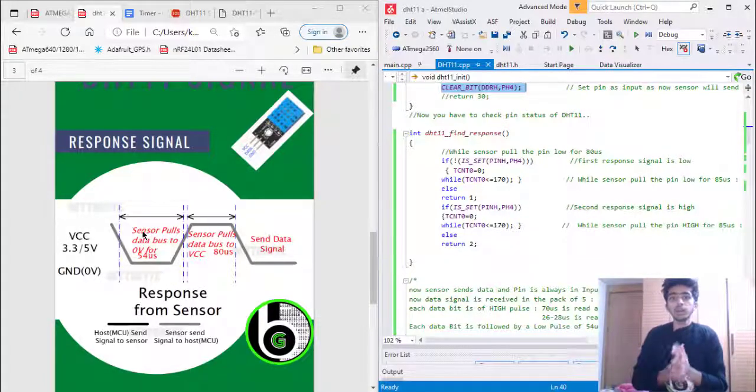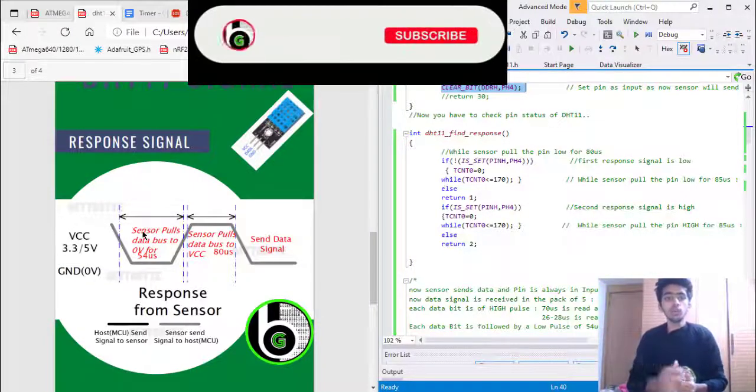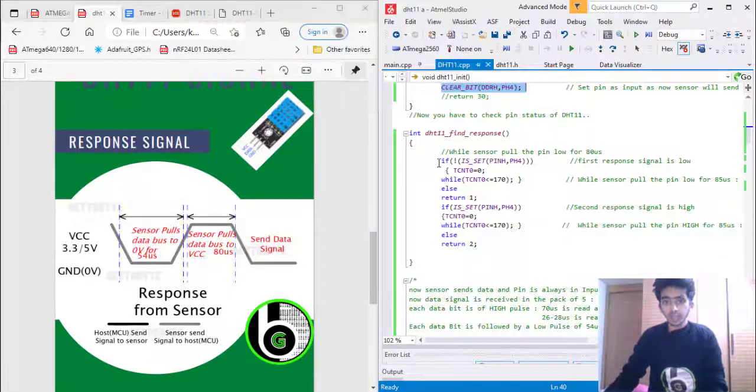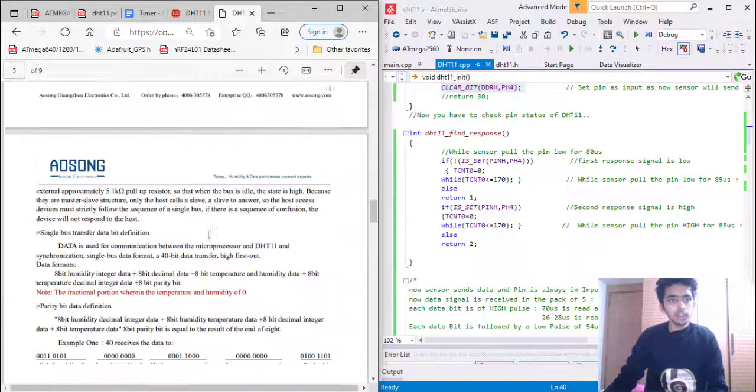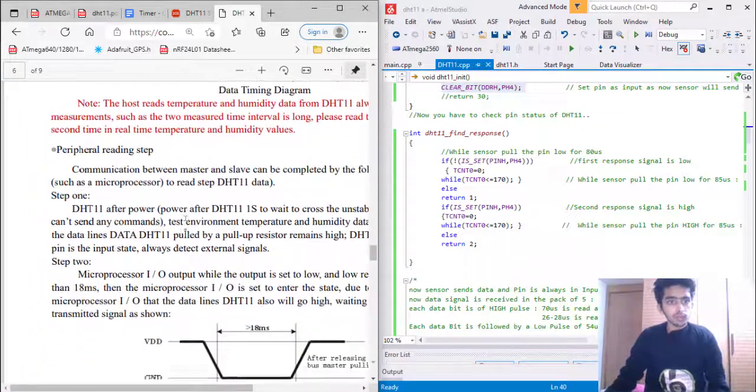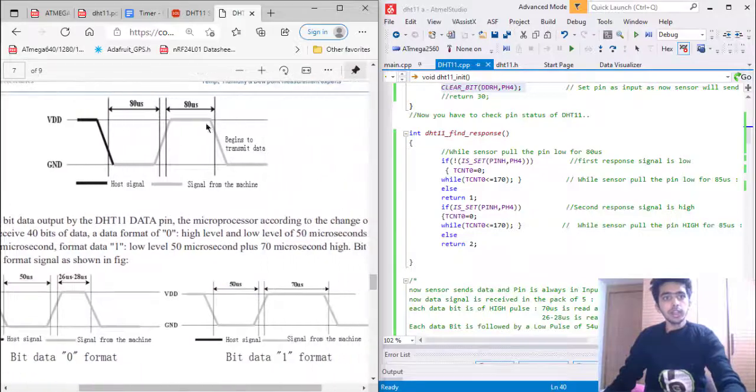Okay, then for the response, now I am going to get the response signal from the sensor. So now in this case, my microcontroller will be capturing the events of what kind of transition, low to high, high to low, and all such kinds. So I have set an if: if the GPIO pin is low, okay, because my first low signal is 54 microseconds, you can take it as 54 to 80 microseconds, anything. Like in the datasheet it is specified that it can receive a low signal in the range of 80 microseconds.